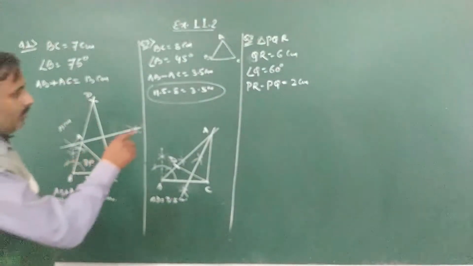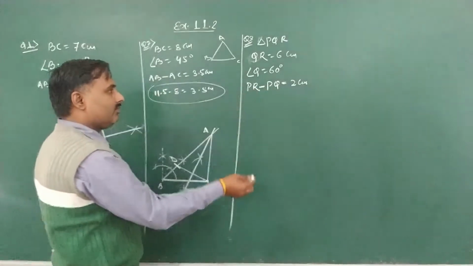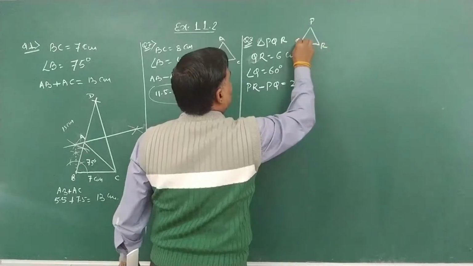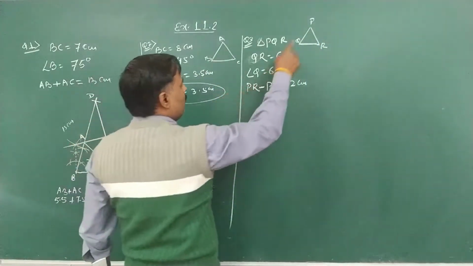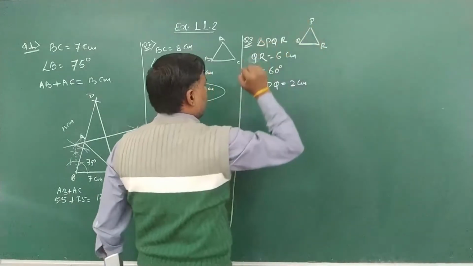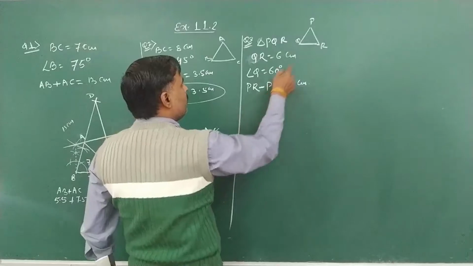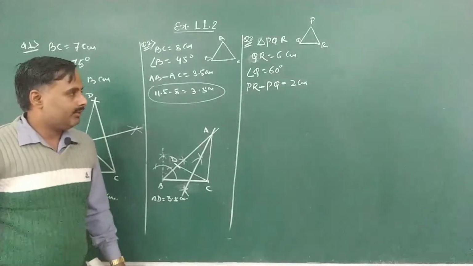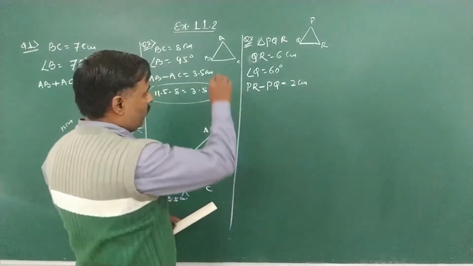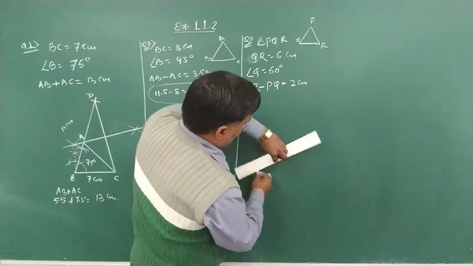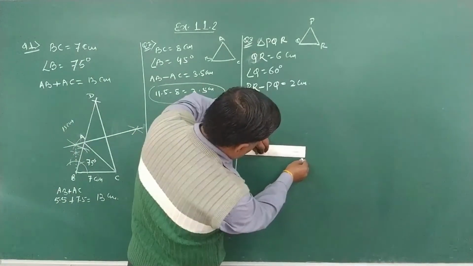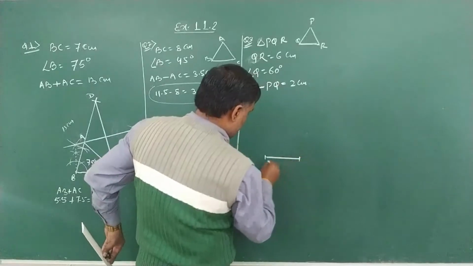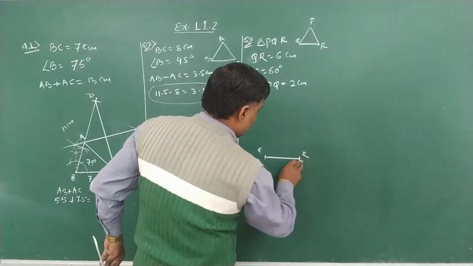So now the difference is given, so we find out whether the difference is in sequence or not. So I draw a figure P, Q, R. When I name that triangle, we get PQ, QR and RP. But RP is given before PQ, means we take the difference on the lower side, and I will tell you why at the end of the question. Now draw the side QR, 6 centimeter first. So QR is 6 centimeter, Q and R.